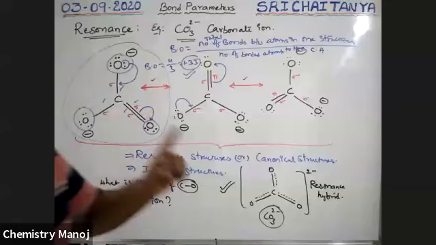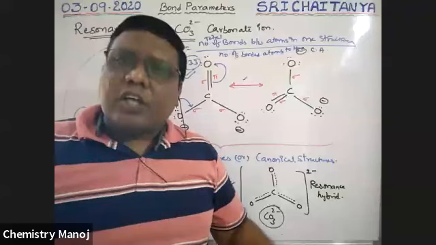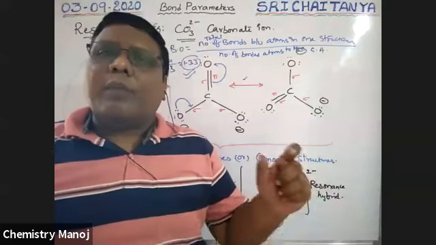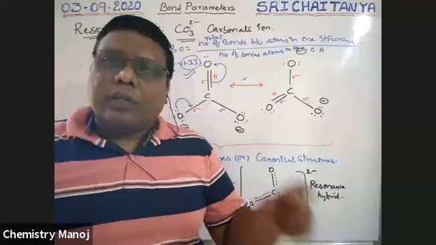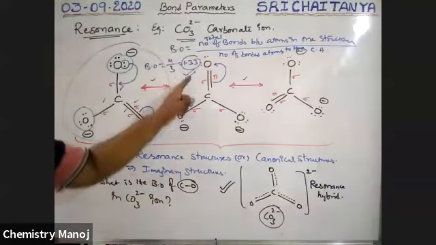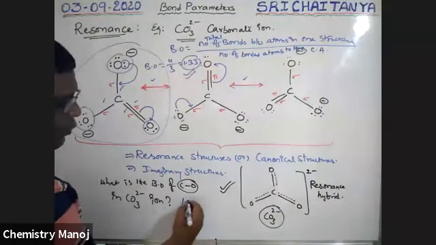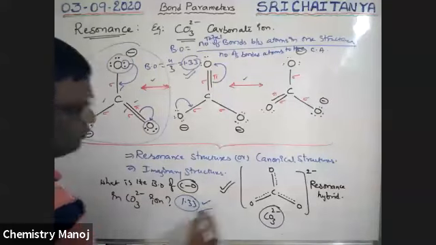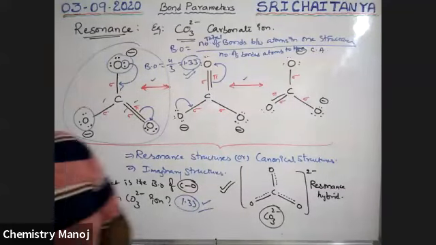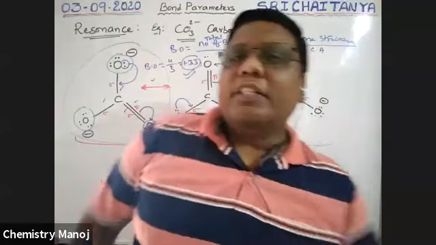So that means in case of non-cyclic compounds, if there is a resonance, bond order is equal to total number of bonds in one structure by number of attached atoms to the central atom. It is a way to calculate bond order. So therefore, the CO bond order in this molecule is 1.33. Not 1, not 1.5. It is 1.33. Is this clear, boys? Now I will explain with an example by taking a cyclic molecule.